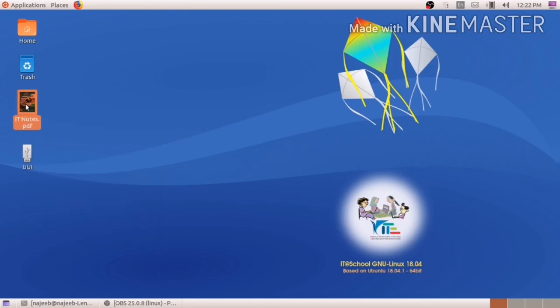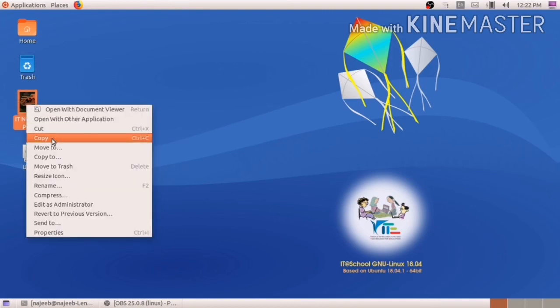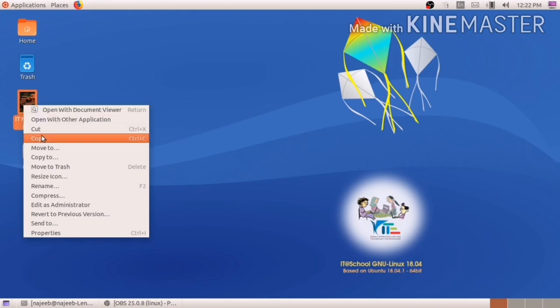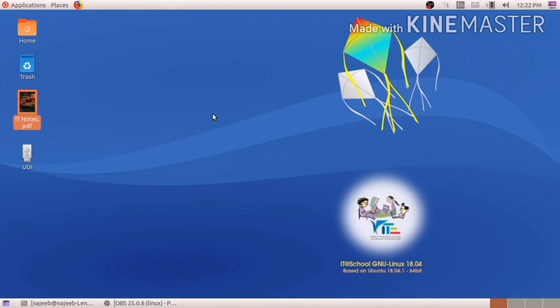If you want to copy this file, just click on the copy button and paste anywhere. Okay, then if you want to cut this file into another area, then you can use right click, cut, so moving a file. Okay, so the same thing can be utilized for any file or any other folder. Okay, but in the textbook you can see that it is based on folders, so we discussed the same.